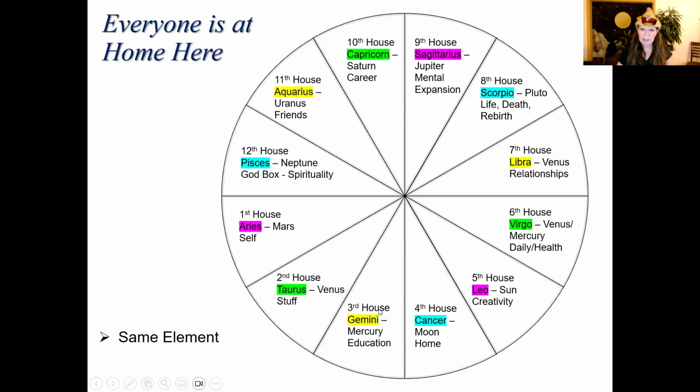Then Gemini, to Libra, to Aquarius: the air trine. If somebody has a planet in Gemini and a planet in Libra, they have an air trine. A planet in Libra, a planet in Aquarius, they have an air trine. A planet in Aquarius, a planet in Gemini, they have an air trine. And if they have the grand poobah, you know that this is a really highly intelligent thinker, right?